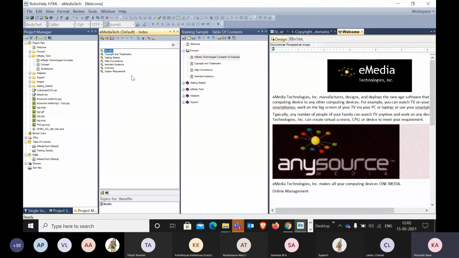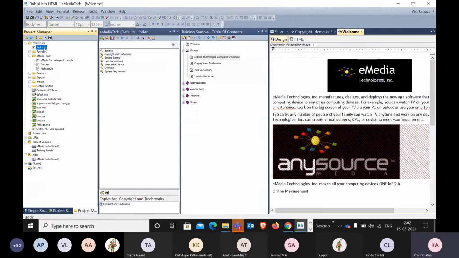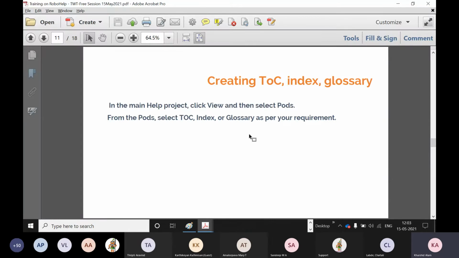As I said earlier, when you are editing a topic or setting the properties for a topic, you should be careful about which topic needs keywords, and based on those keywords, this index will be generated. So you can see that there is no keyword for the welcome topic. I have created index keywords for these topics, so obviously in the index, I have only these many. I believe that you are getting this clearly.